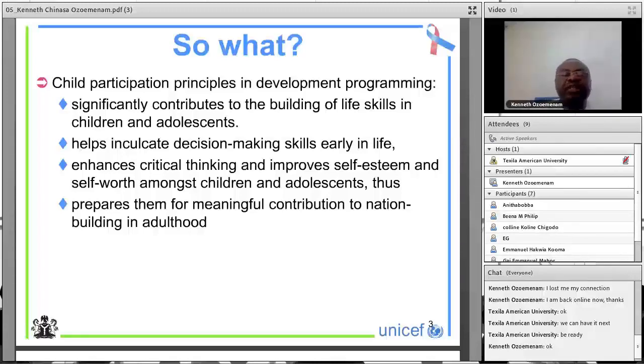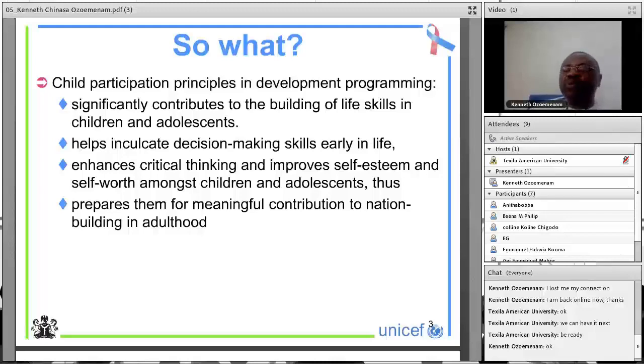Child participation in development programming, what does it actually mean? It contributes to the building of life skills in children and adolescents as well. Adolescents are defined by the United Nations as persons between ages 12 and 19. And children are defined as between 0 and 18 by the United Nations Convention on the Rights of the Child. So child participation principles help to infuse decision-making skills early in the life of a child. It enables them to enhance critical thinking. By getting children involved in development programming, they begin early in life to learn how to look at issues from different perspectives, and that enables them to develop the skill that is called critical thinking, which will be very useful